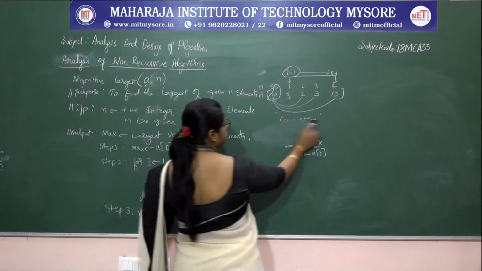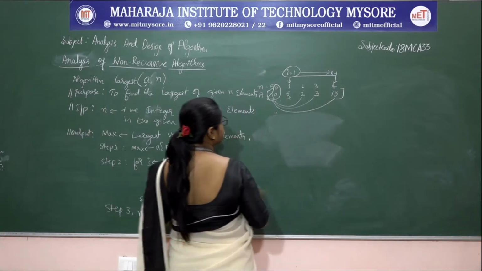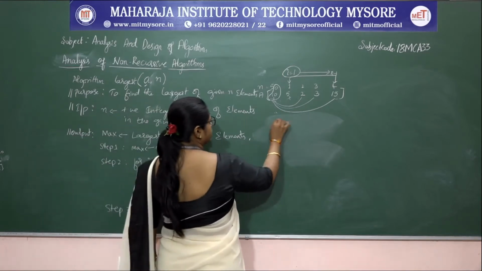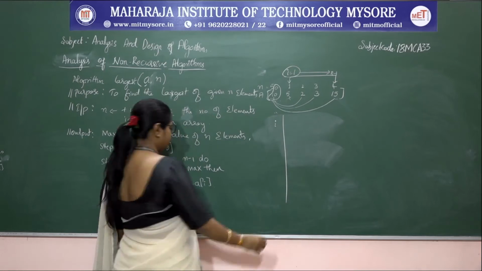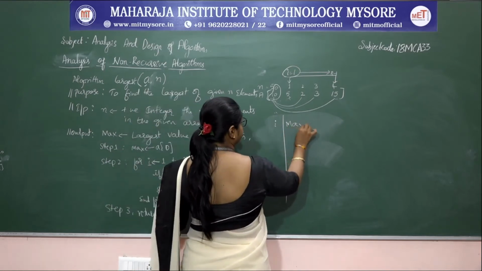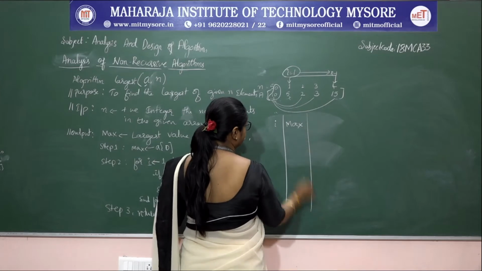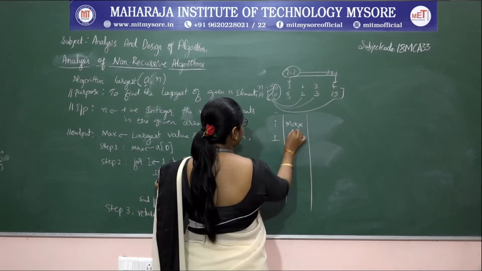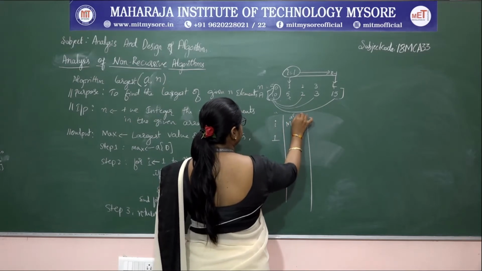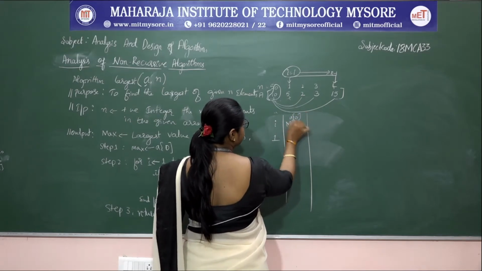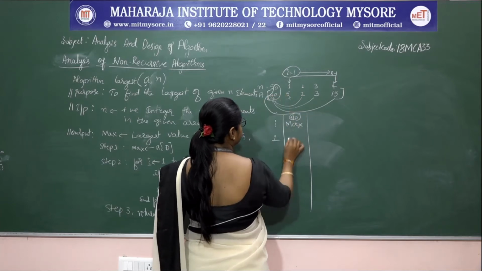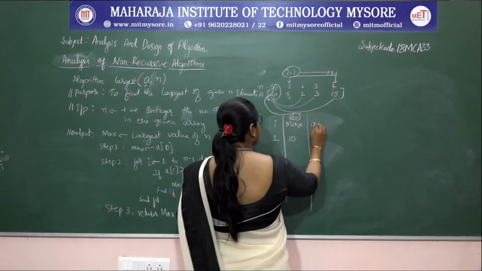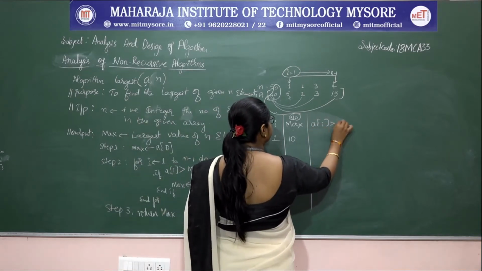So let me take the same example and let me trace it. So here we have what? The variable is I and the max value is varying for the given array A. Okay. So I starts with what? 1. Why? Because the max value is initialized to A of 0. The first statement is max is equal to A of 0. A of 0 means what? 10. So max value is 10. And next is the comparison statement, A of I is greater than max.